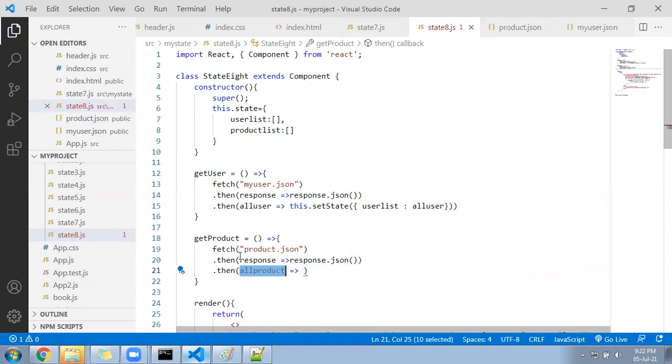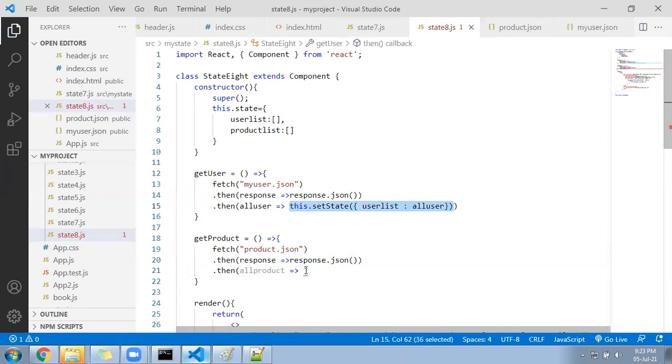Okay, see, first the fetch function will read a file. After reading the file, it will give it to the promise function that is called then. So it will capture it under the response. Again, from response, since your data is coming in JSON, you have to convert from object to JSON. Now again, after that, your data is still in the form of object, you have to convert into array. So you need to apply the second promise function. So we apply then again, and then we got all product as an array. Now this all product should go to the state. We have to update the state.